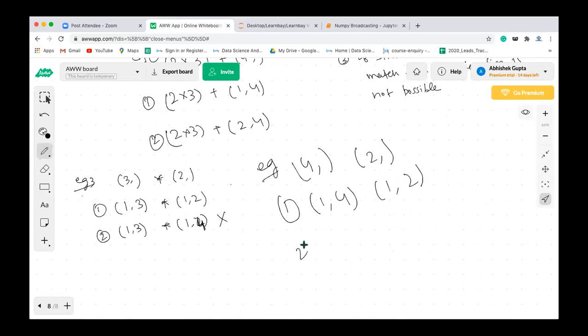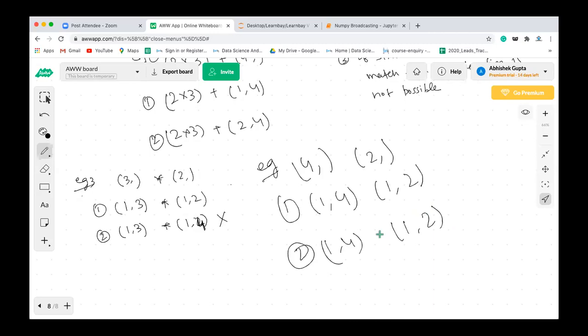Now if you try to match 1 comma 4 and 1 comma 2, the row is matched, right? But when you try to match the column, it will again not be possible. So in this case also it is not possible. This is the special case of the single dimension, and you are doing it on the same dimension array.